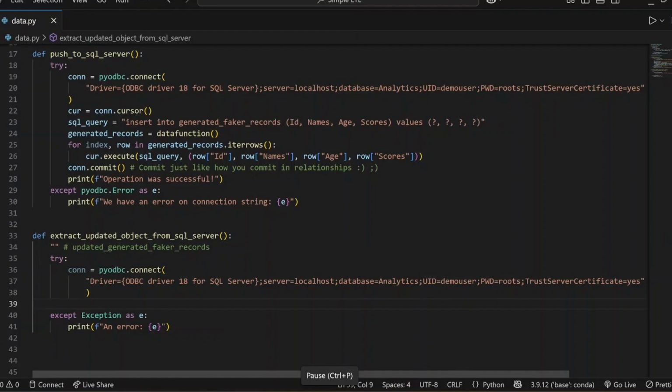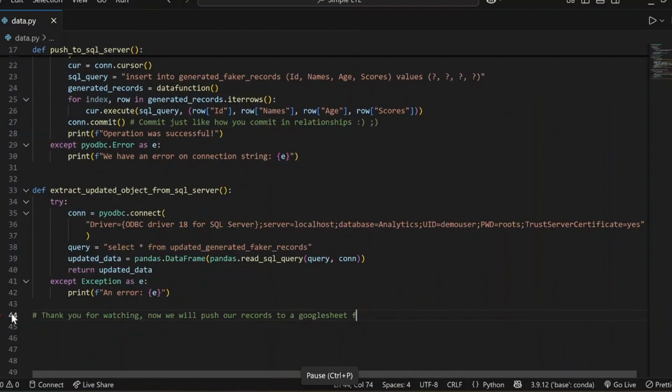Just think of it like a scenario whereby you have a client and they have data on Google Sheets. You have that link whereby they populate data, and then you have that updated Google Sheet, that live data. So you can pull those records from Google Sheets into Python, and then